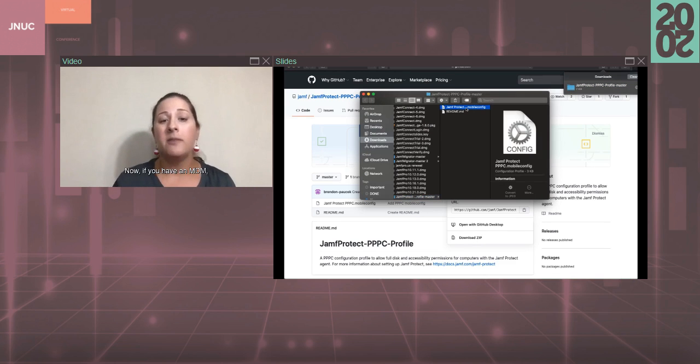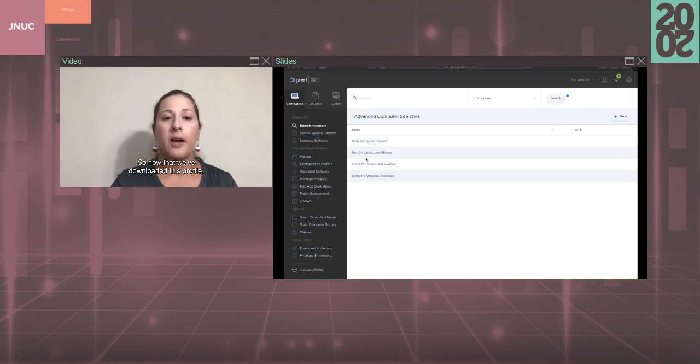Now, if you have an MDM, I highly recommend going this method instead. However, you could also do this manually by going into your system preferences, security and privacy, and then privacy to grant access to Jamf Protect. But again, if you are using an MDM like Jamf Pro, I highly recommend going this route because it's a lot easier to scale. So now that we've downloaded this profile, we're going to go back into our Jamf Pro